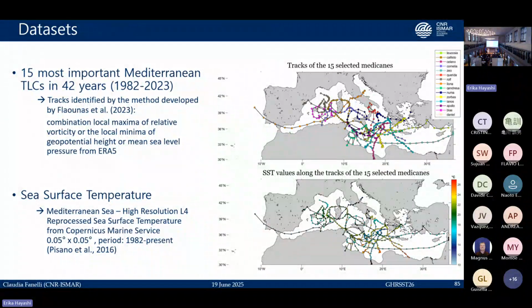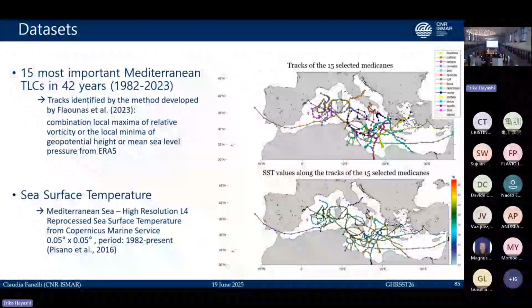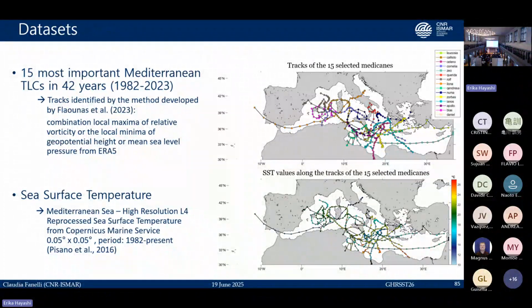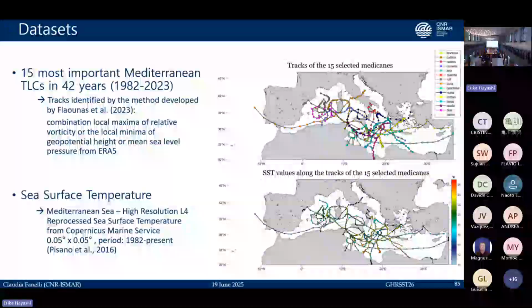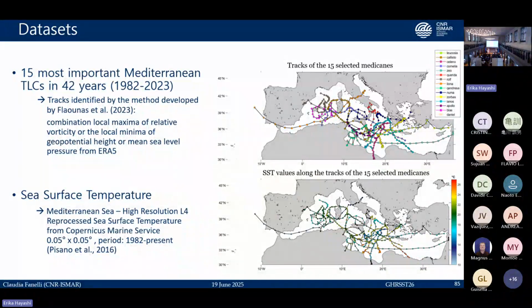We have chosen the 15 most important medicanes in 42 years, from 1982 to 2023. Their tracks have been identified by the method developed by Flaunas and co-workers in 2023, which uses a combination of local maxima of relative vorticity, local minima of geopotential height, or the minima of the mean sea level pressure from ERA5. And for the sea surface temperature, we have used the Mediterranean Sea high-resolution L4 reprocessed SST product from the Copernicus Marine Service,